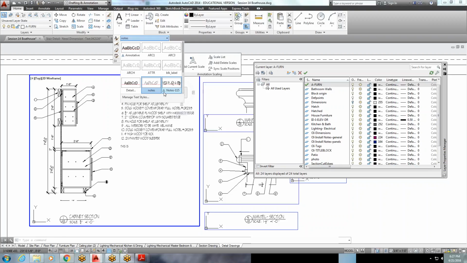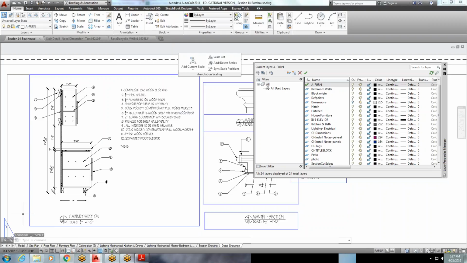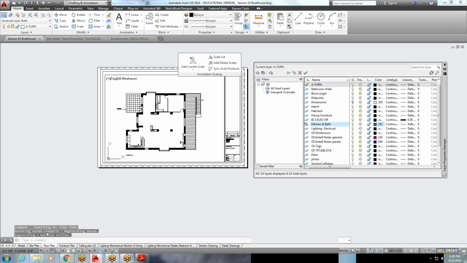So I do have notes 115. You have notes 115. Do you have that little symbol by it? See that symbol? No, I do, but no, I don't. Okay. But it does say notes 115. All right. Just one with an S, notes with an S. Okay, so go ahead and see if it functions like mine, where if you're in, say, your floor plan